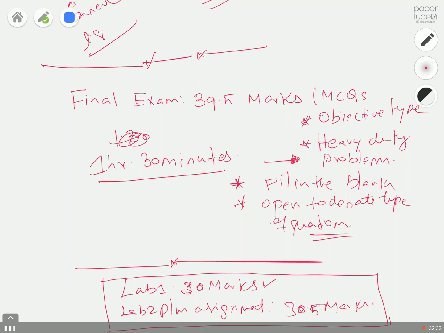Always remember that I know everybody is going through the same COVID situation. So this assignment is not to stress you, or to transfer my workload to your side. That's not my intention. The purpose of giving this lab or assignment is, first, you will get good marks. That's one thing. Apart from that,